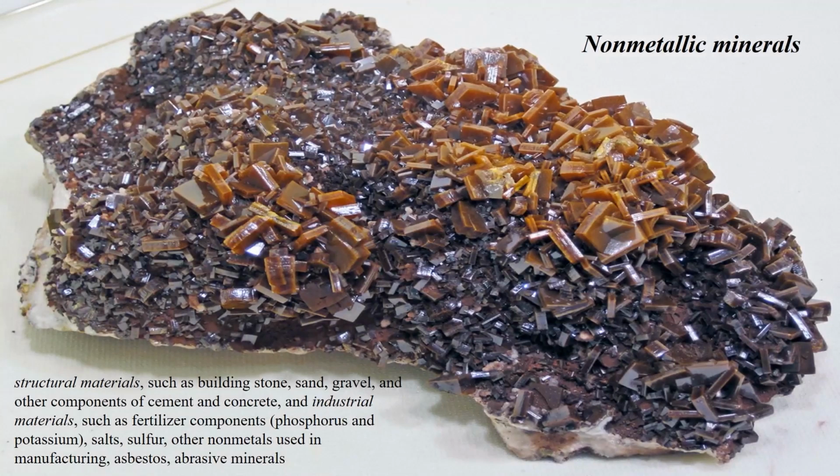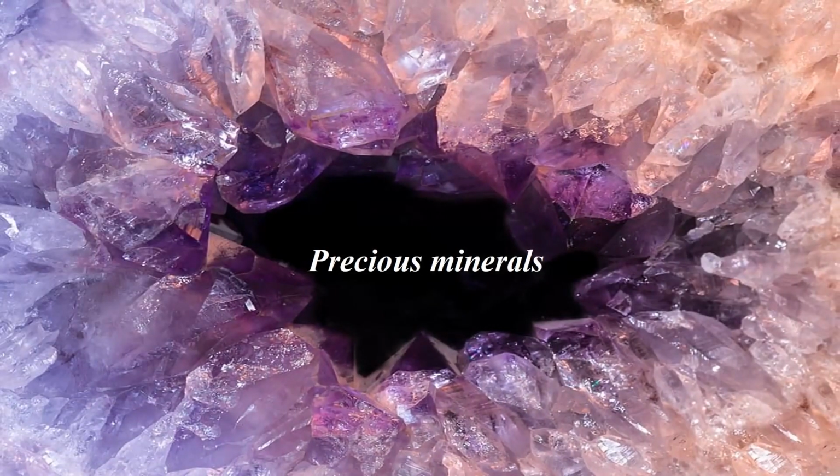Industrial materials are, for example, fertilizer components like phosphorus and potassium, salt, sulfur, other metals used in manufacturing, asbestos, abrasive minerals, and so on. These are how non-metallic minerals can be classified. Then coming to the third category, the precious minerals, such as gemstones and semi-precious minerals